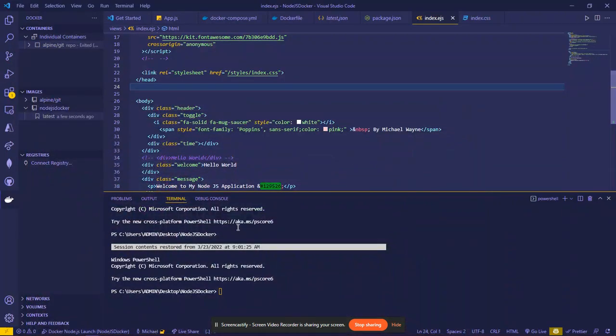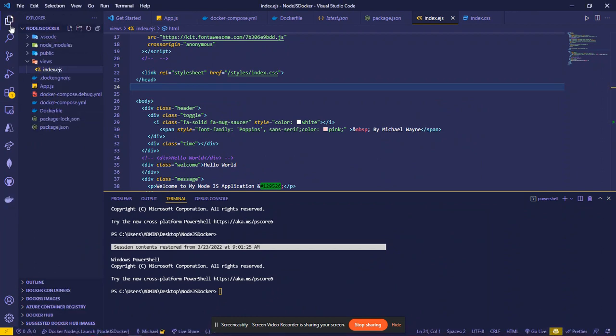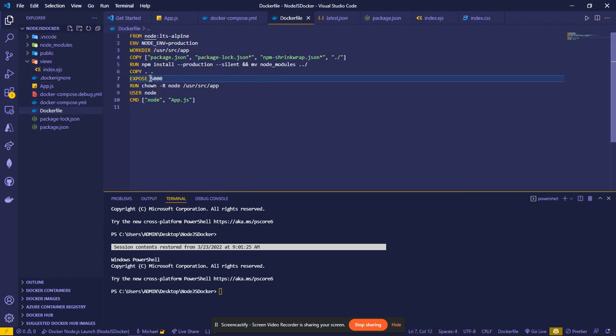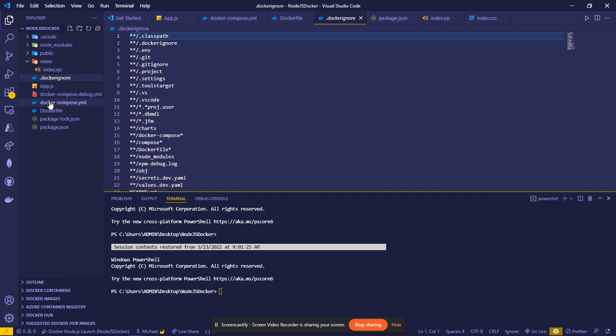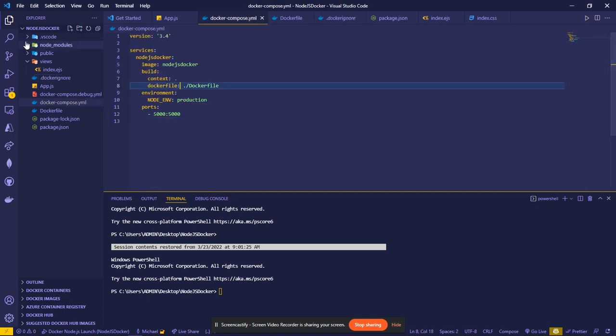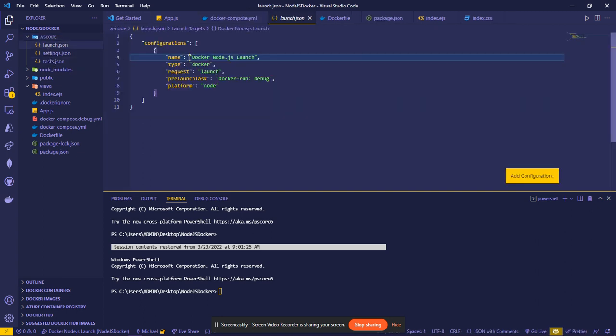So when I close that tab and I come to my VS Code, I have some files here. There's a Docker file which points to port 5000, and I have some configurations here. These are the configurations for Docker, and I have a Docker ignore file and a Docker compose file. In accordance, I also have a launch.json file that is also a Docker configuration file for Visual Studio Code, and